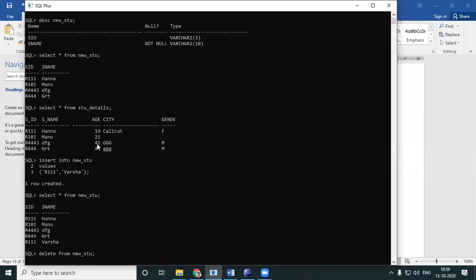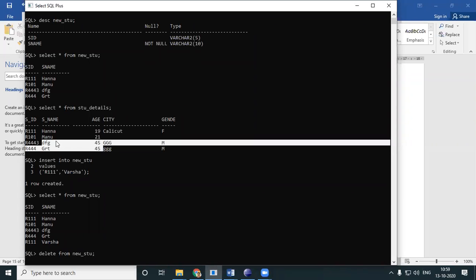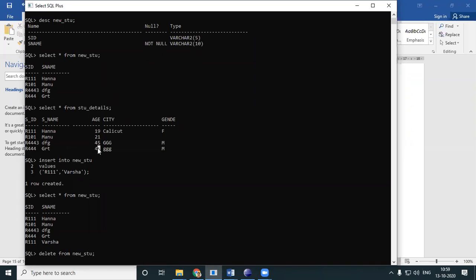The new table should contain only details of people whose age is 45. Very simple, look here. I do have two details over here, age is equal to 45. My new table should just have this much details: DFG, GRT, 45 and 45.